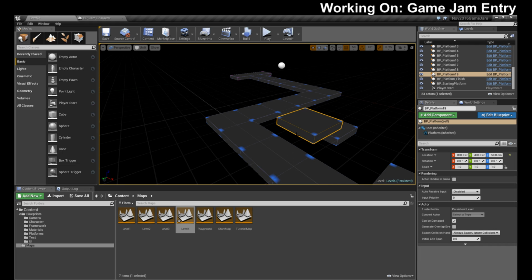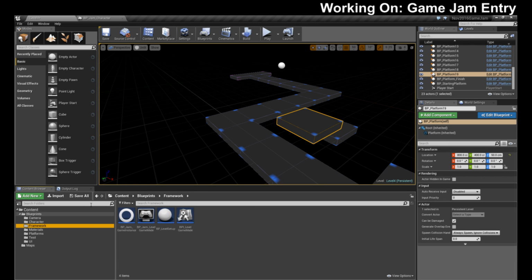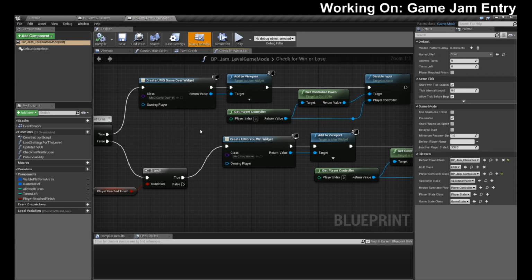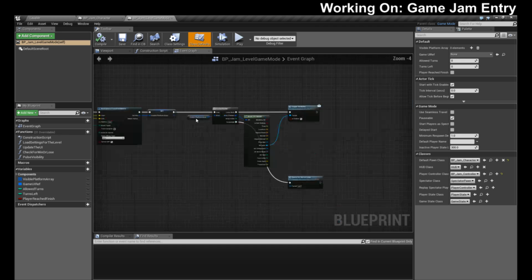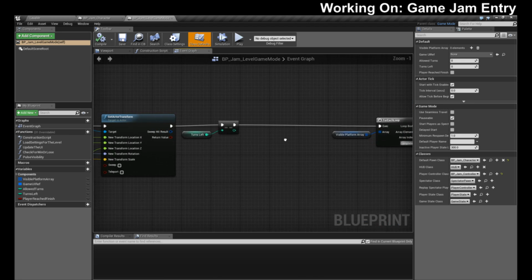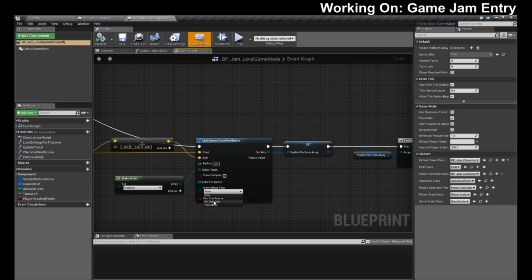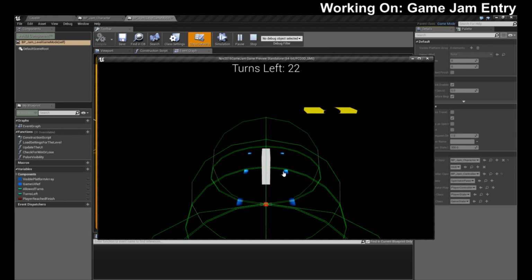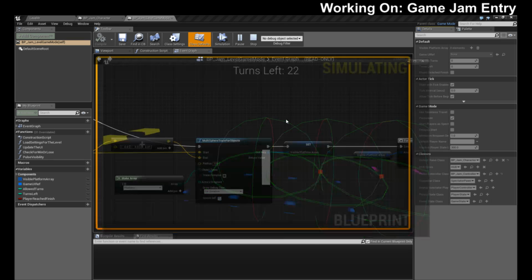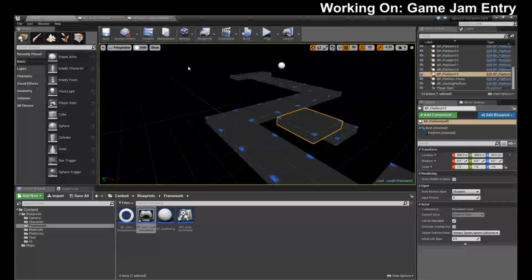Okay, where is the framework, game mode? We need the click to move right here, and we need to set this to duration. And then we need to turn off our lights also.